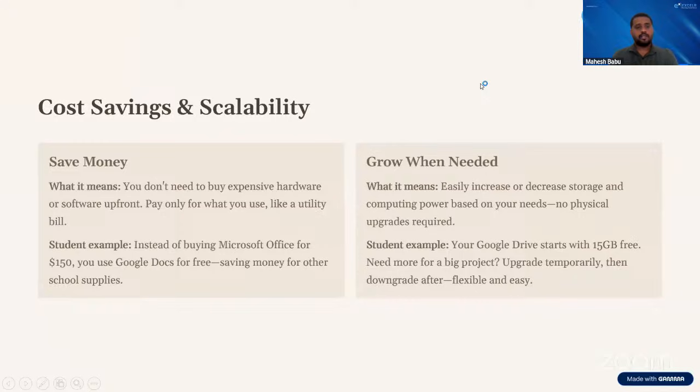The first advantage is cost savings and scalability. In yesterday's class, we saw how scalability can improve my business, like scaling the infrastructure as per the customer needs. Based upon the customer needs, we scale our infrastructure, and we also save money, as you're not buying expensive hardware.